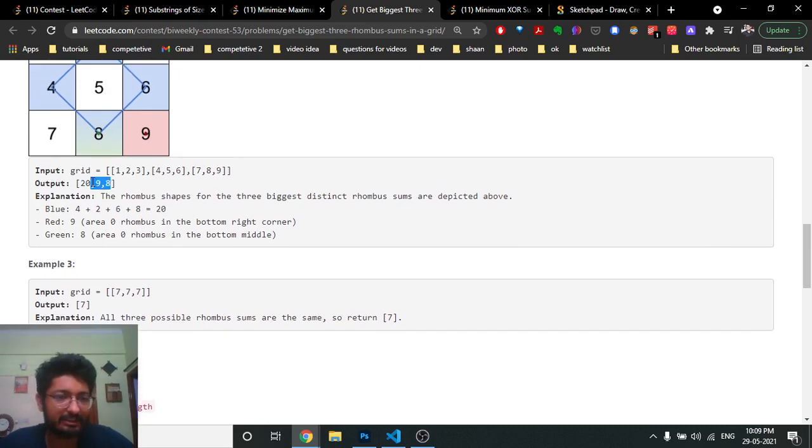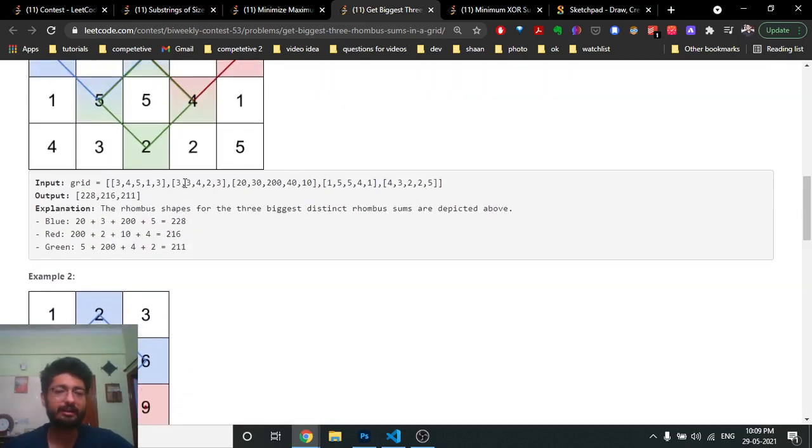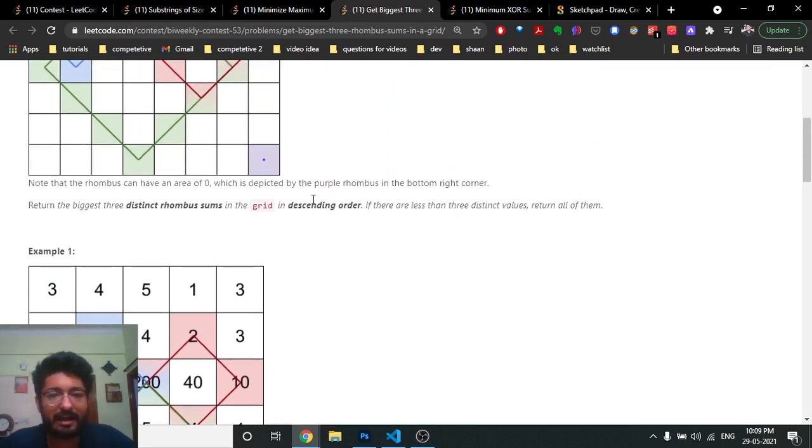In this one there are 3 distinct sums. So you find all the distinct rhombus sums, and if they are less than or equal to 3, just print them out. Else if they're greater than 3, print the greatest 3. And also, what I actually got wrong is they have to be in descending order. You have to see that too.